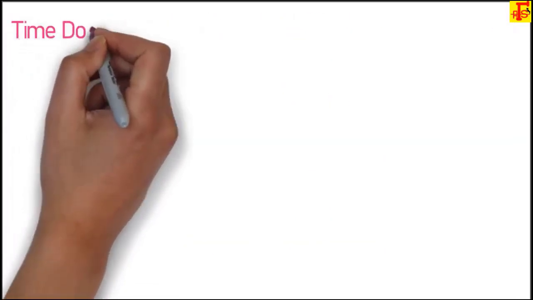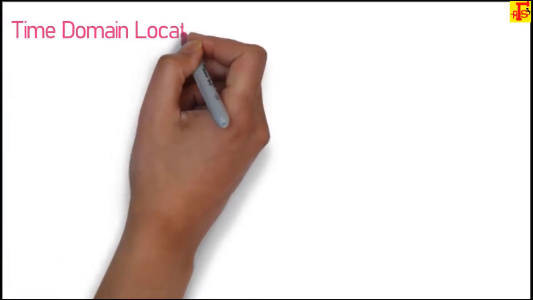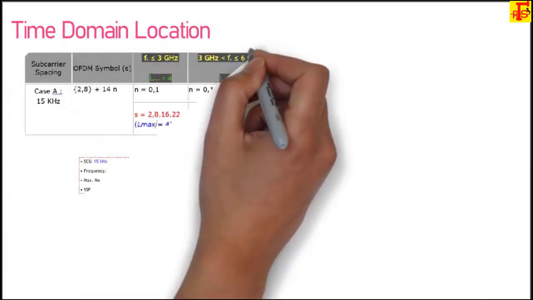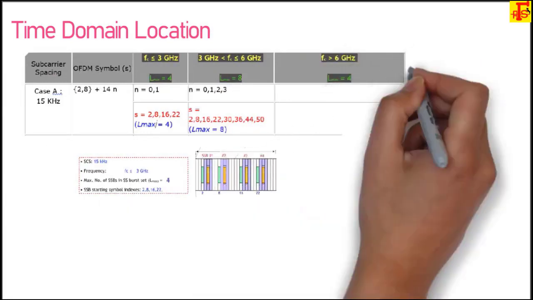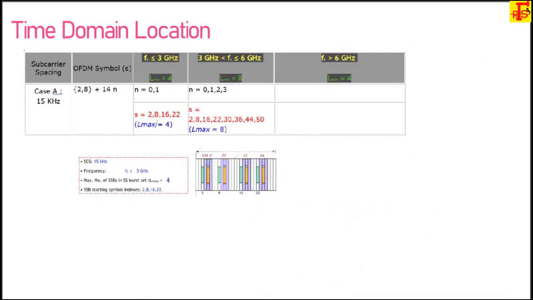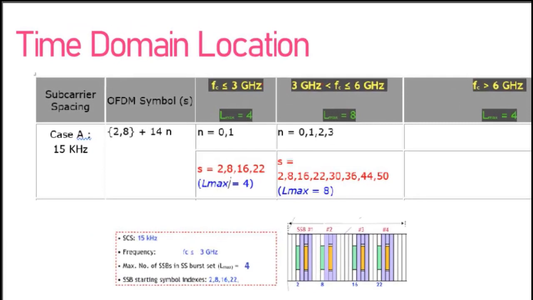So time domain location: in the time domain where SSB is located, which OFDM symbol will start for SSB? In the time domain, the OFDM location depends on subcarrier spacing and frequency range. Again, I am telling you, in the time domain the OFDM location depends on subcarrier spacing and frequency range, because 15, 30 different subcarrier spacings are there. But I have taken an example of some cases, so that in case A you can see